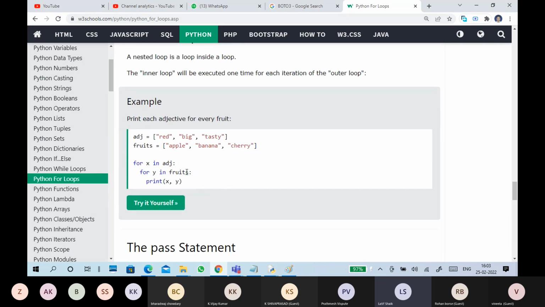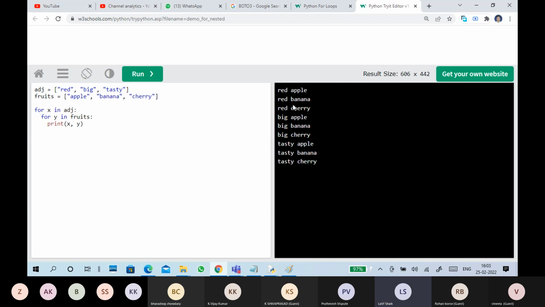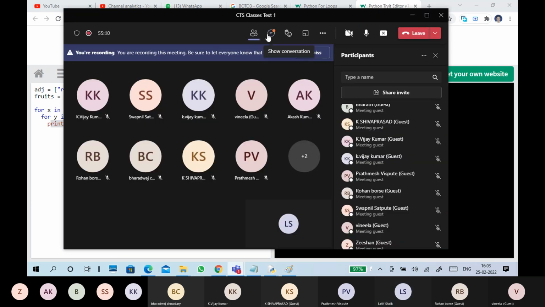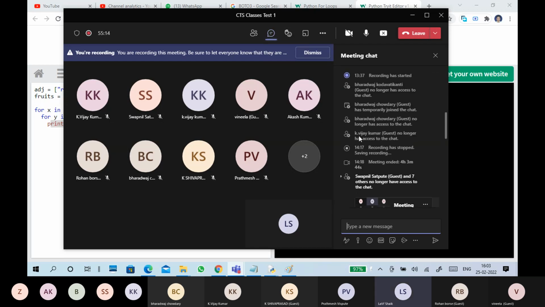Nested loops are there. These are the nested loops, for loop kind of stuff. Red, big, tasty, apple, banana, cherry: for X in adjectives, for Y in fruits, print X Y like this. Okay, this one came.